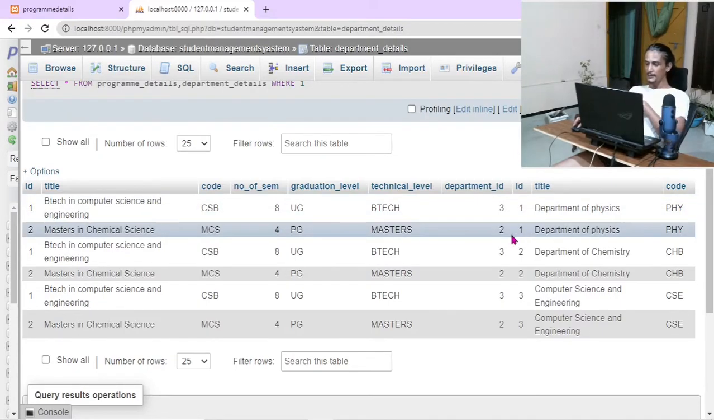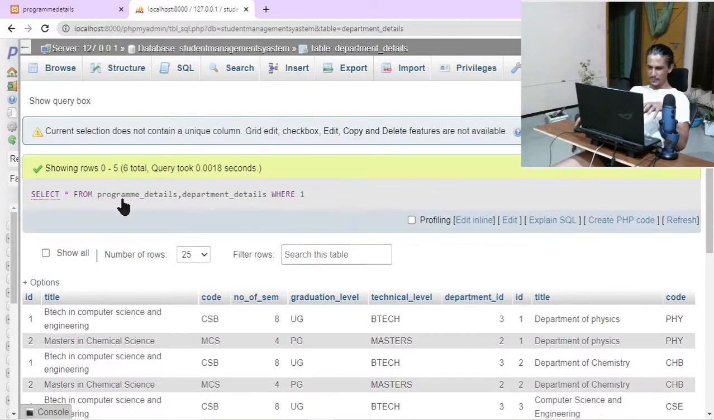So similarly for this 2, it is combined with 1. No, it's not valid. 2, it is combined with 2. It is valid. 2, it is combined with 3. It is not valid. So when you simply write program details comma department details, technically speaking, what it is doing